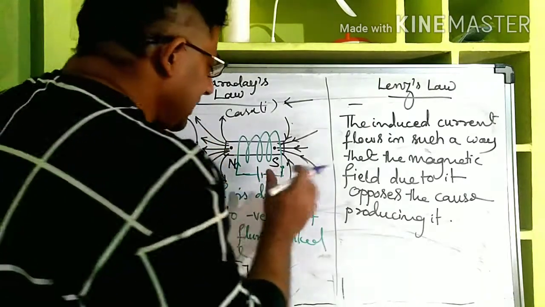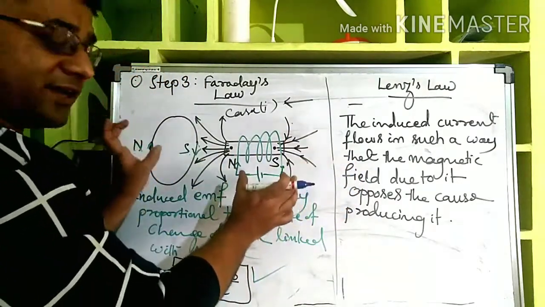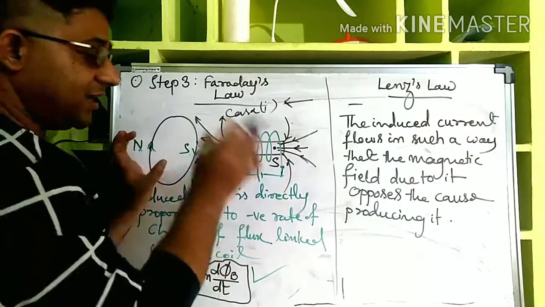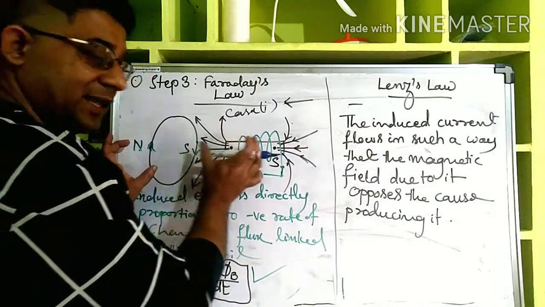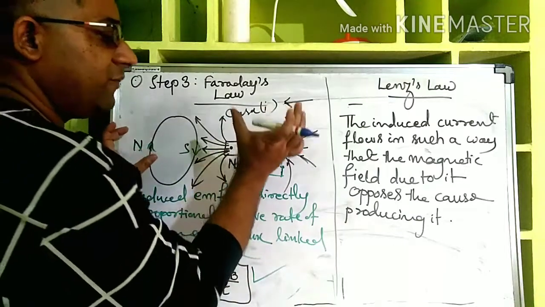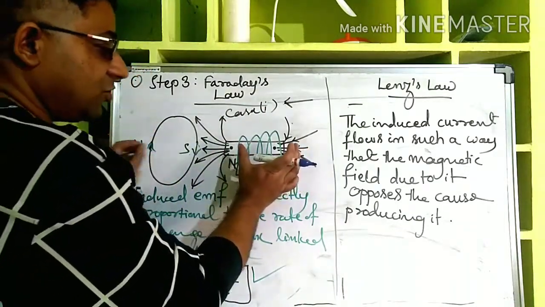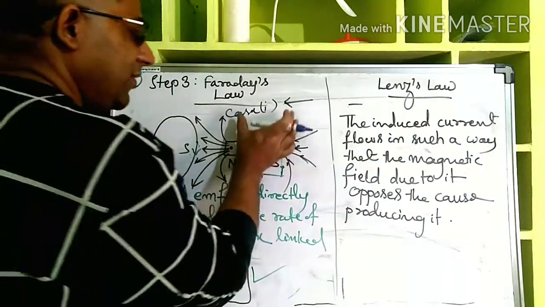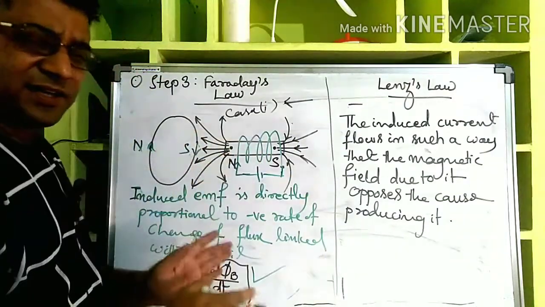So one current carrying coil can be brought near another coil without any EMF source, and then also current will be generated. This way we can do it. Or with one coil we can bring a magnet near and take that magnet back. That way also we can prove this. Or keeping the magnet constant, we will move the coil near and take it away. That way also it will work. Or we will keep this coil fixed and take the other coil near and take it away, in any combination.